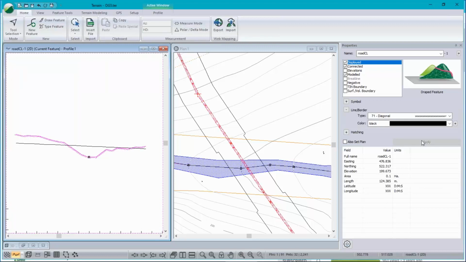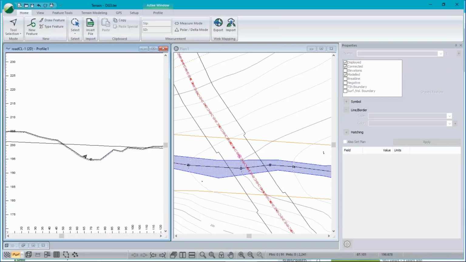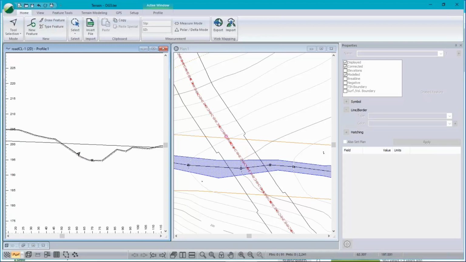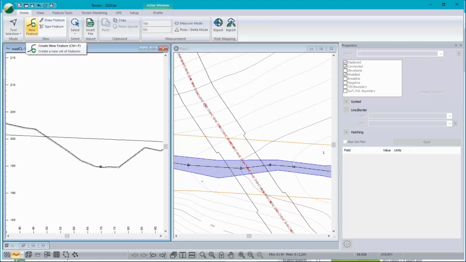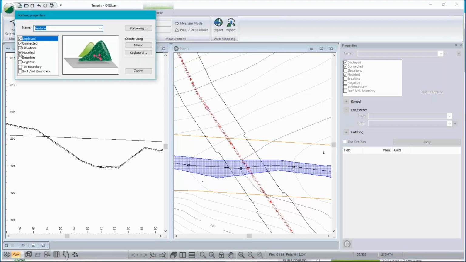And you can see right here, this is kind of where the bridge is supposed to start. I can maybe draw in what I think the abutment should look like. When you're in the profile window, you can create a new feature, and be careful to set elevations on. In this case, I don't want this feature to become part of my background terrain. So I'm just going to leave the modeled check off